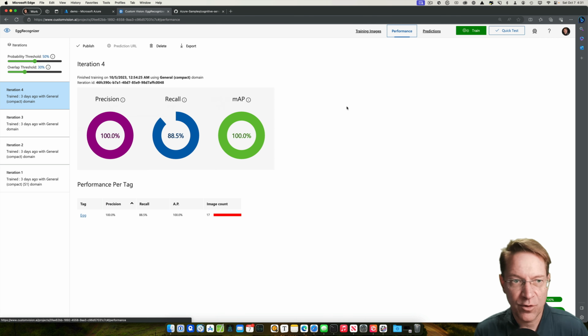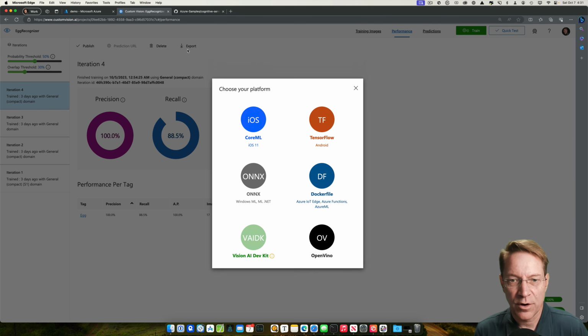So let's go back to the performance tab. I'll click export, and I have a lot of choices here. So CoreML is Apple's technology for prediction models. TensorFlow is Google's, so this is what we would use on Android. Docker file could be used if we wanted to export this and run it in a Docker container on premises rather than sending images to the cloud. So there are several options here. We're going to choose the CoreML for iOS,